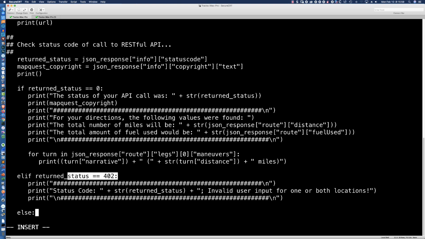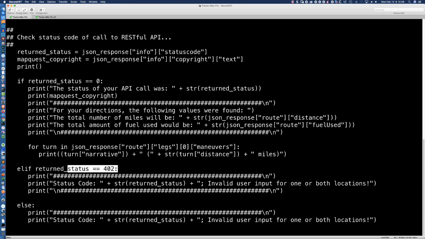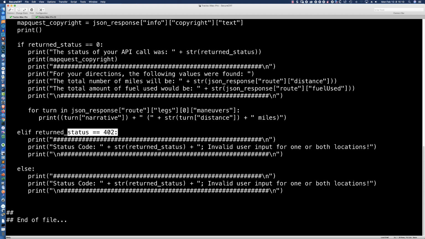the else statement, right? And so the else statement, and let me go ahead and actually grab, let's say 3yy, and we'll drop that down here because we're going to want these print statements here. But we're going to have some different error message output here. So we're going to say else, and else is our catch-all. And here's where we're going to say the return status wasn't 0, and the return status wasn't 402. So here's where we're going to guide the user to where they can go look to find out what the